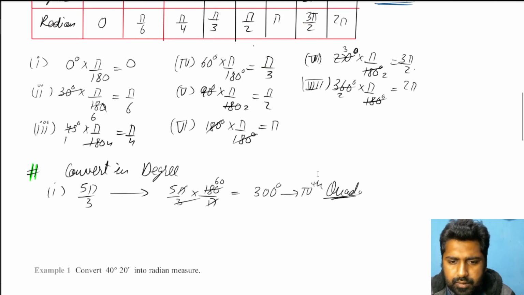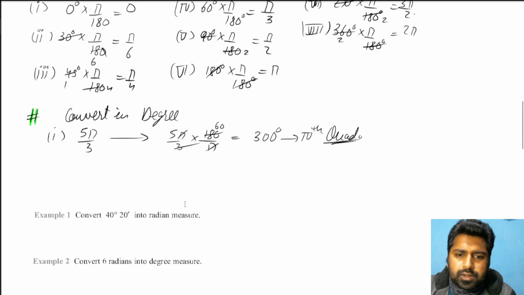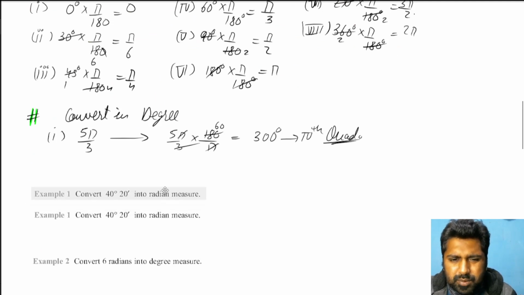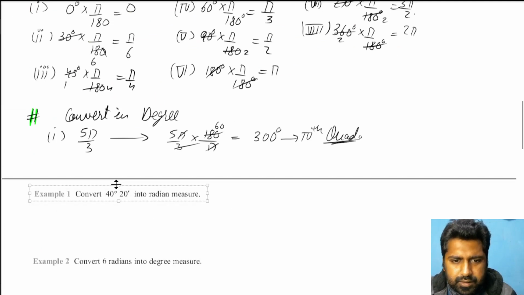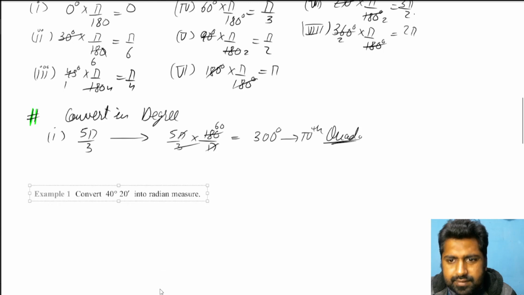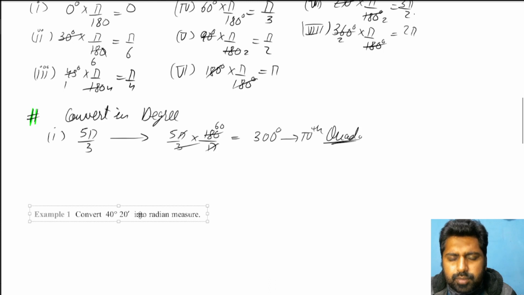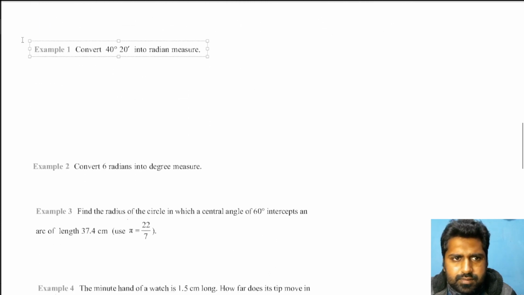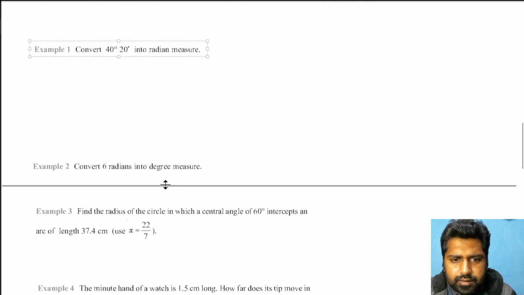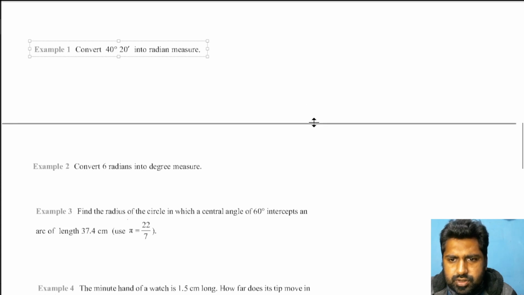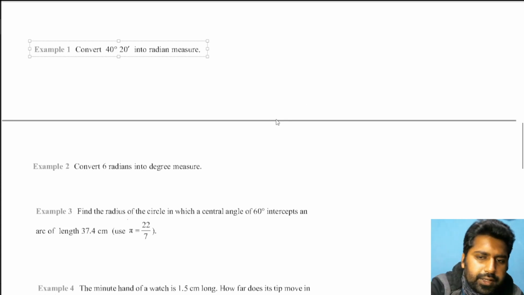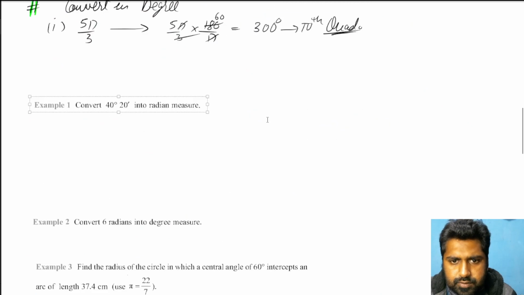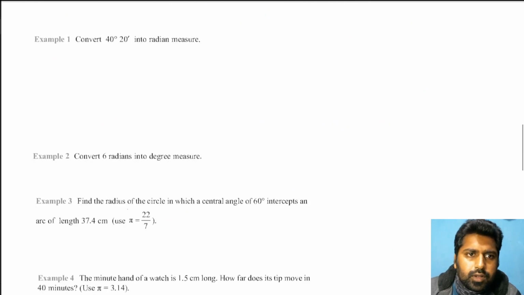All right. Now let's start with some basic questions of degree and radian. These are the standard values I'm talking about, but not necessarily will you always get standard values. What if you get a question in which it's not talking about the whole degree itself? One second. All right. One thing else you need is